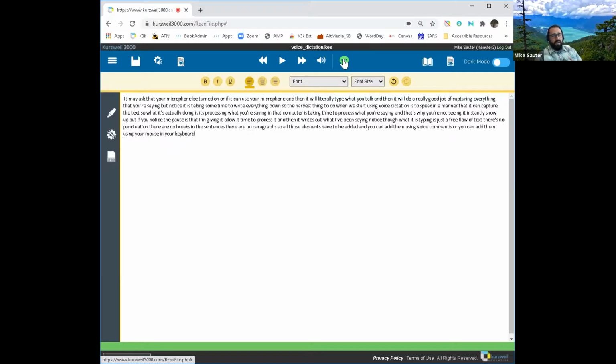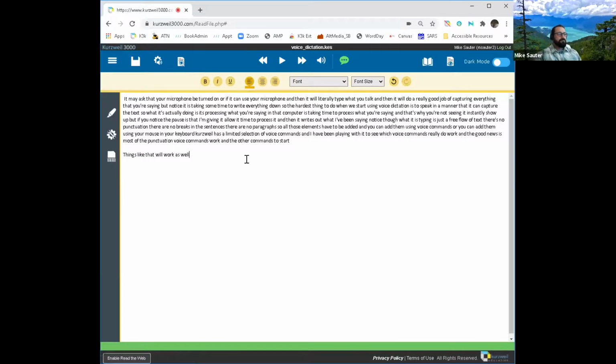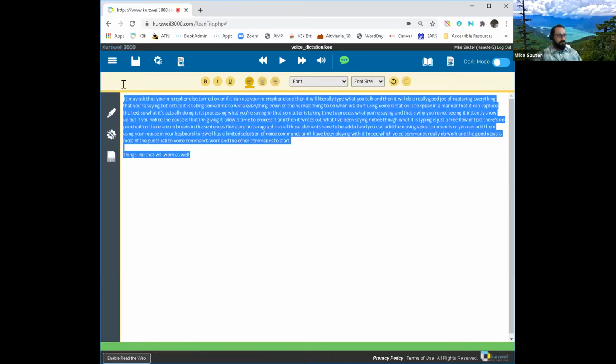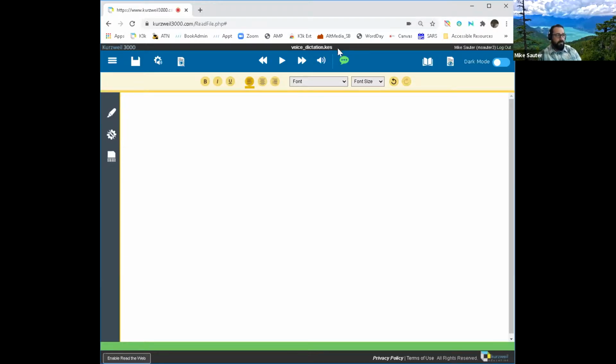Now, Kurzweil has a limited selection of voice commands, and I have been playing with it to see which voice commands really do work. The good news is most of the punctuation voice commands work, and the other commands to start new paragraphs and things like that will work as well. So let's turn them off real quick.